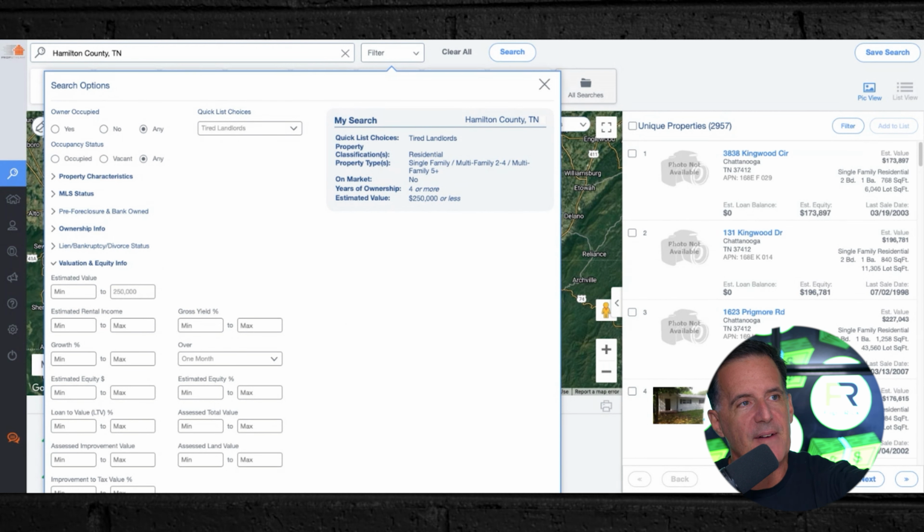Now, once you have that filter set and you're happy with it, you can actually save the filter. I'm going to show you my third quick list because I got a lot of information to go through. If you look on your My Search, it'll give you a snapshot of all the filters you have in there right now. So when I do this, I'm going to switch from tired landlords to my next absolute favorite one, which is